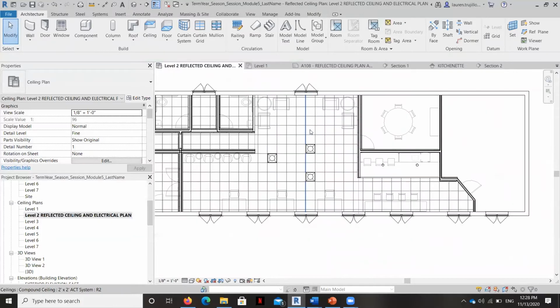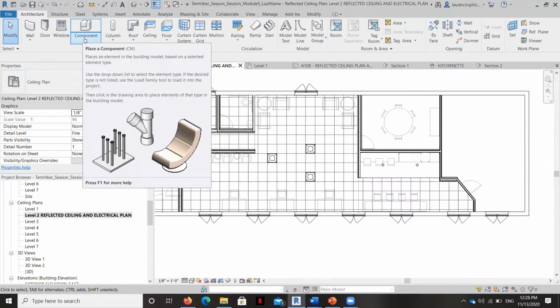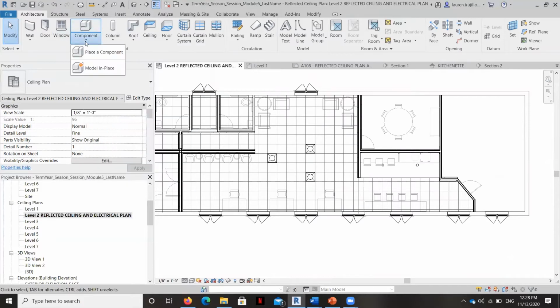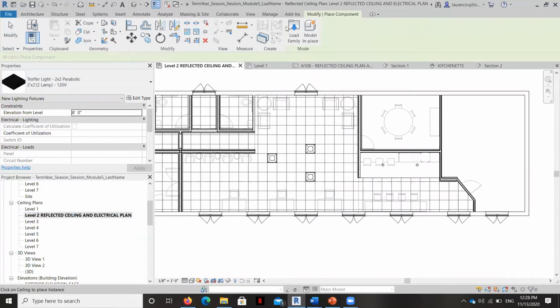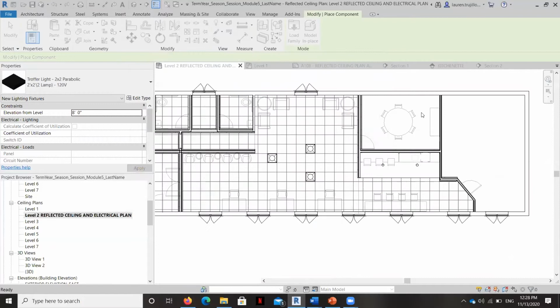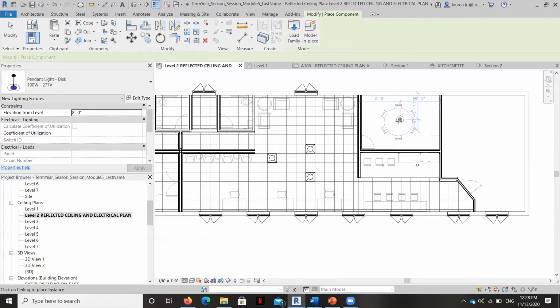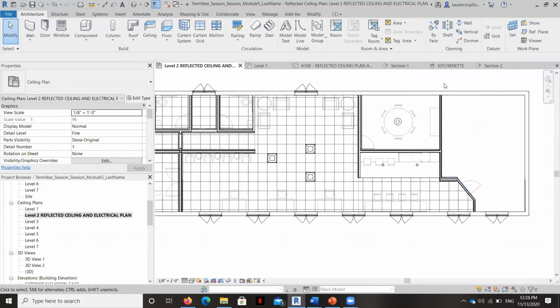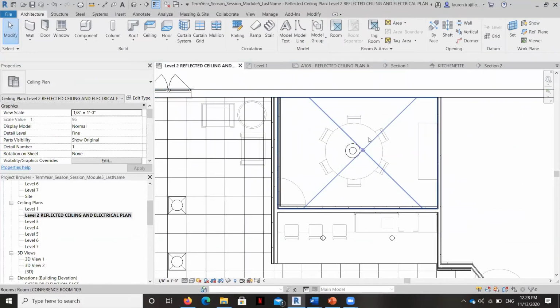And we'll go ahead and place a pendant light in the conference room. So those are your 3 lighting types.